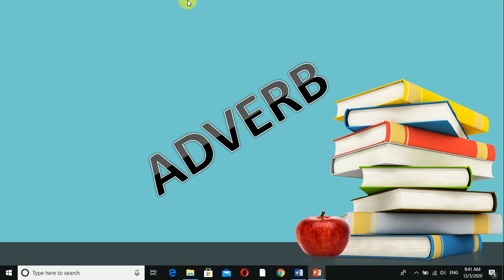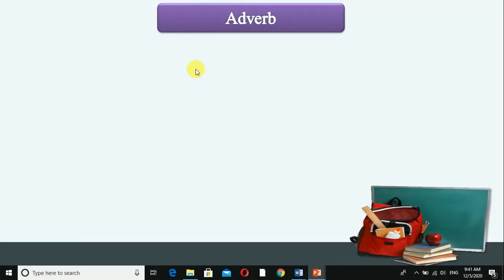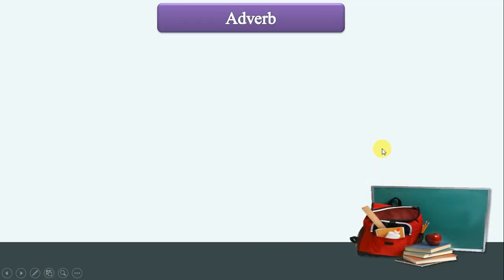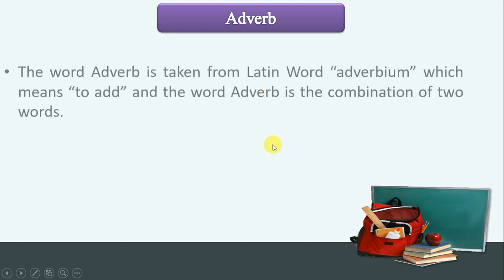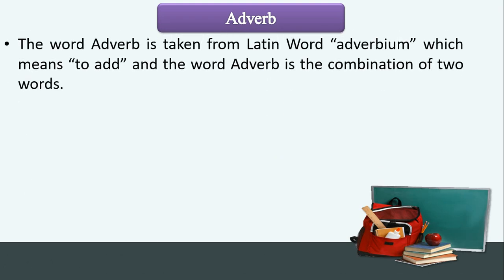We call them adverb, right? So let's study this. Okay, so we will study adverbs. What are adverbs? It's pronounced like adverb. Some students mispronounce it. The correct pronunciation is adverb. The word adverb is taken from the Latin word adverbium, which means to